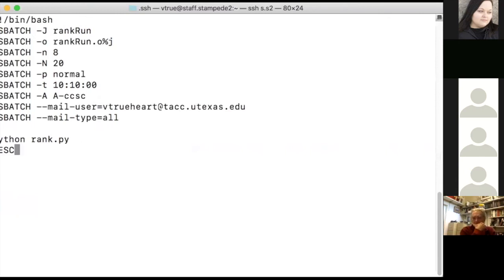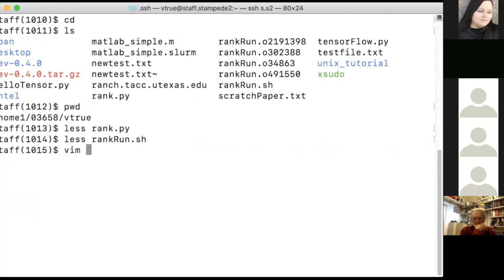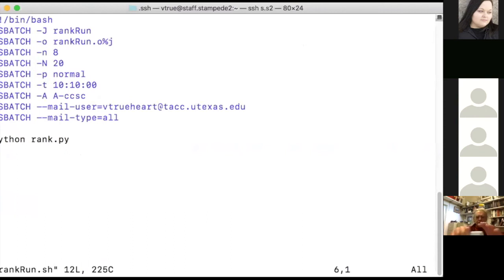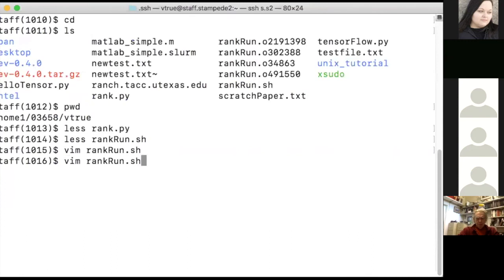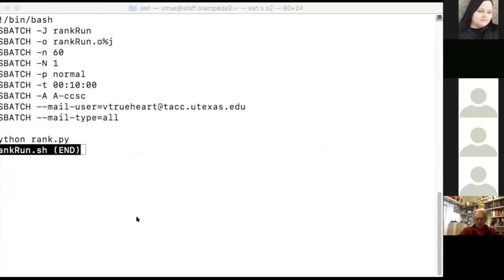So if I edit this file, I use Vim as my inline editor. But since this is something small, I will come in here and do normal queue, 60, I want it for 10 minutes, and then save that file. And again, as you can see in here, so that, whoop, sorry.